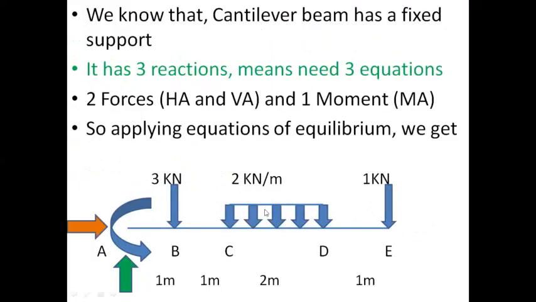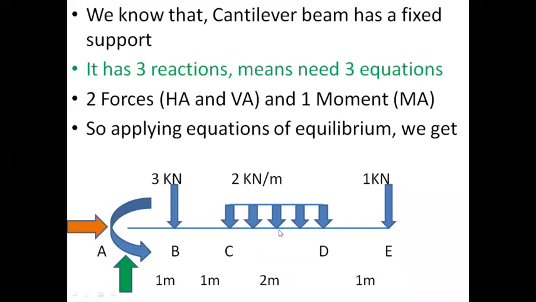And last is our 2 kilonewton per meter. Again it is intensity, so that is to be converted into point load. मग point load कुठे ऍक्ट होणार आहे? तर जो कुठला शेप असेल त्या शेपच्या नेहमी तो सेंटरला असतो, सेंट्रॉइडला. So it is a rectangular shape. Therefore its total force, means 2 into 2, 4 kilonewton, will be acting at the center of CD. CD is 2 meter, so its center or centroid is at 1 meter. So the 2 into 2, 4 kilonewton force will be acting at 1 meter from point C as well